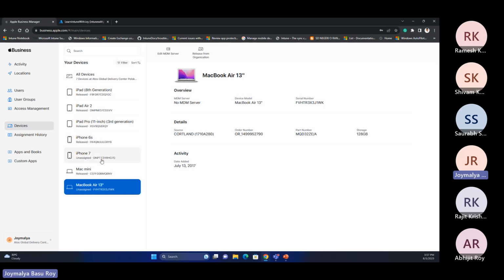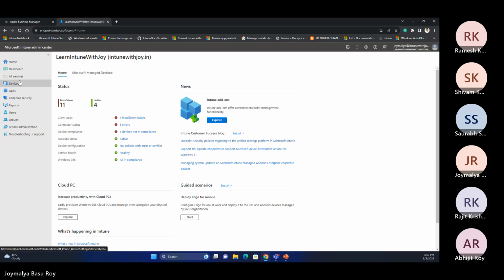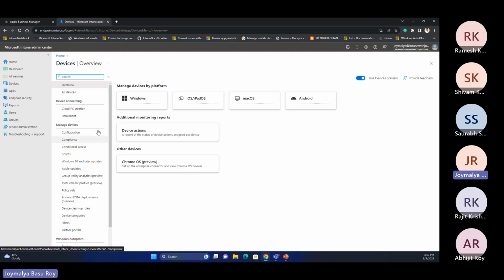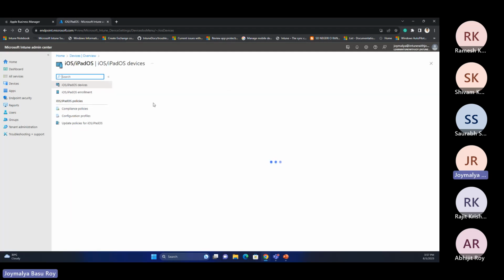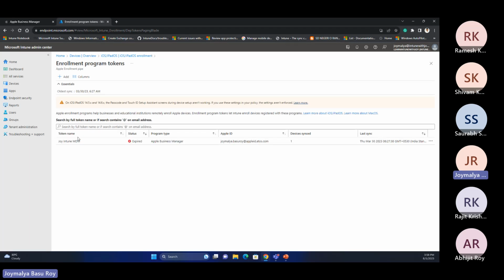So for this purpose, I can actually do this. Go into iOS, iPadOS enrollment. We go into enrollment program tokens and I see that my token has already expired. So this is of no use. I can go ahead and delete this,